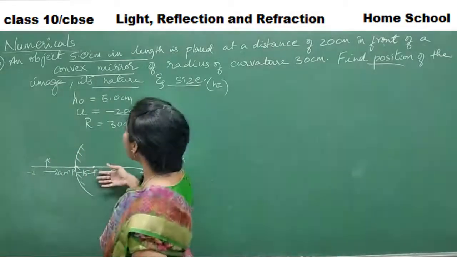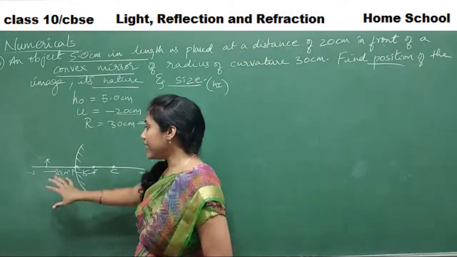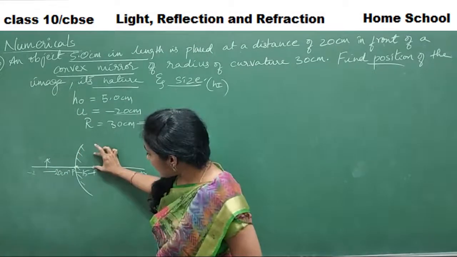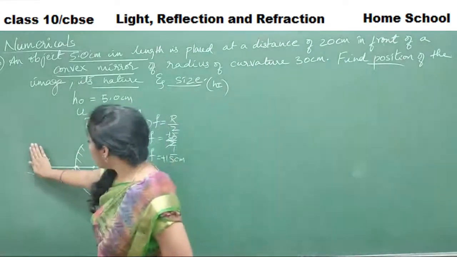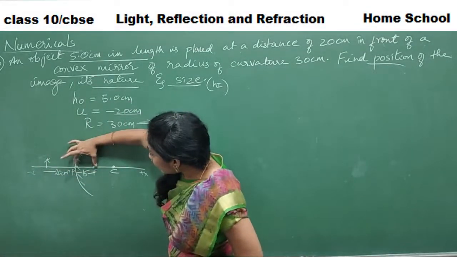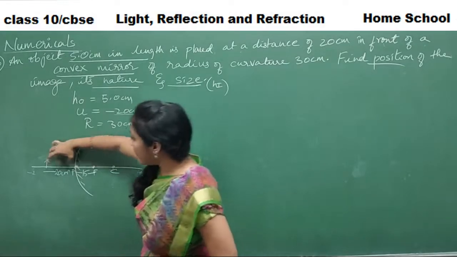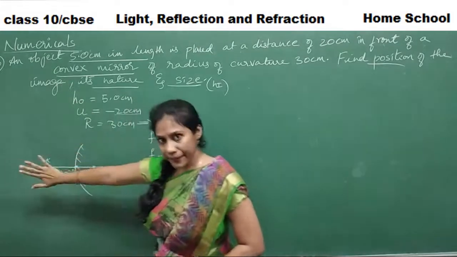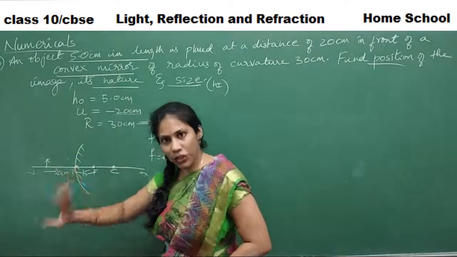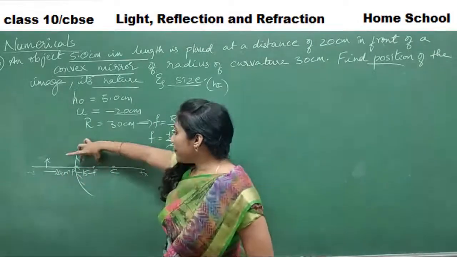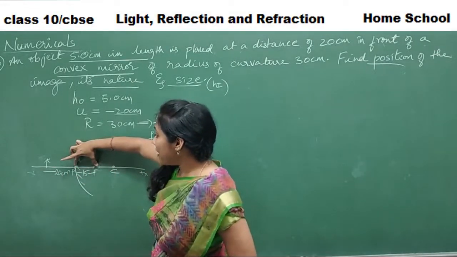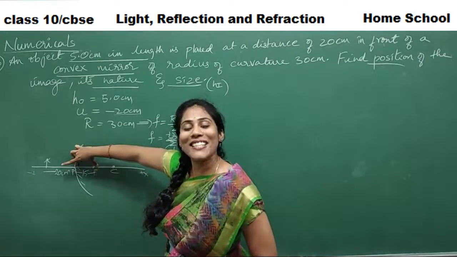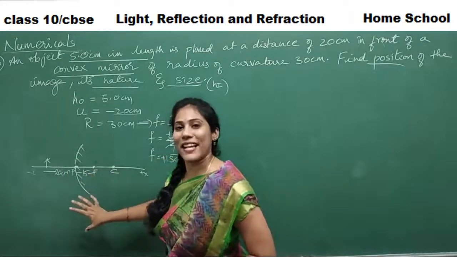Here, in case of a convex mirror, you have two cases. One is when you keep the object at infinity. When you keep the object at infinity, the image is exactly formed at focus. When you keep the object near the mirror, the image is formed between P and F. You keep it a little near or a little far, wherever you keep the object, if it is not infinity, at any other position, then the image forms always between P and F. That means your answer is somewhere within 15. This is how you can guess actually.